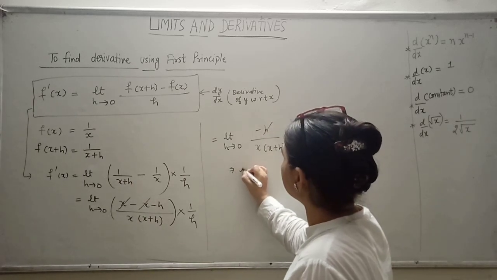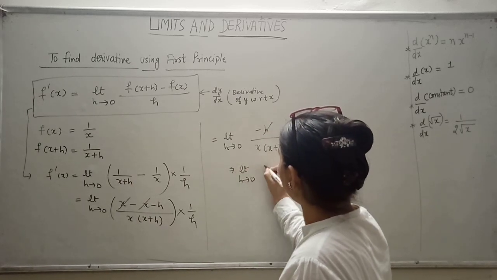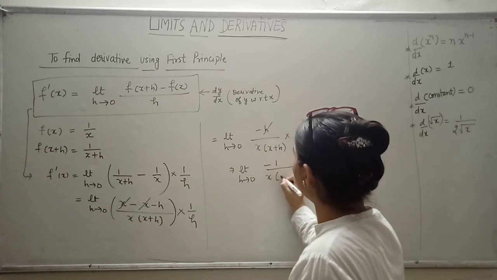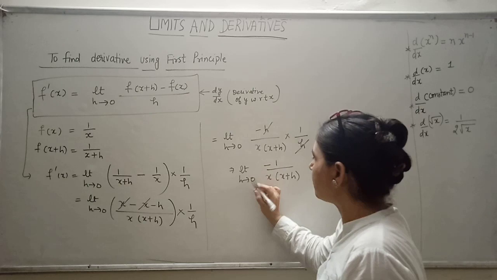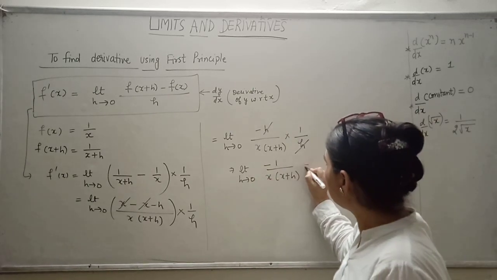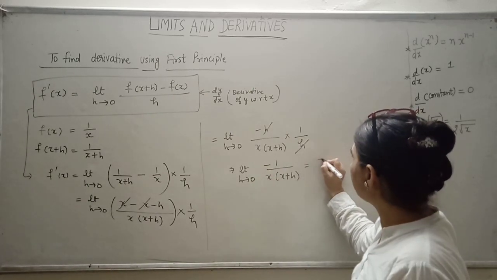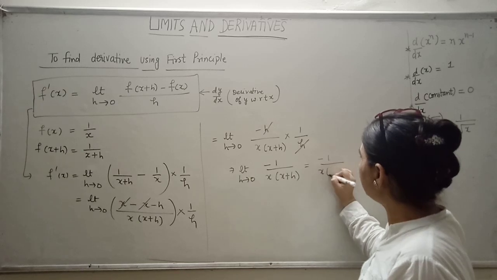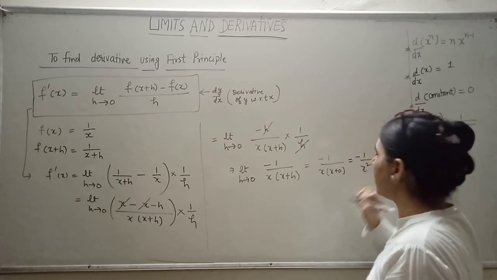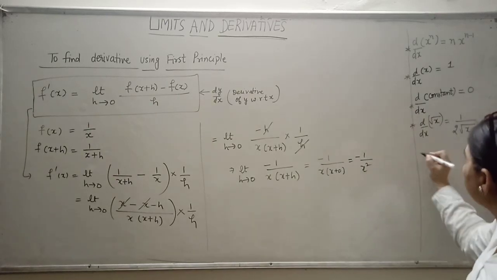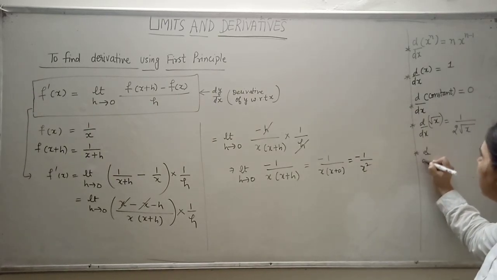so you are left with limit h tends to 0 minus 1 upon x into x plus h. Now you apply the value of the limit, means h is approaching to 0, apply it here, so when h is 0, then it would become x into x plus 0, so it would be minus 1 upon x raised to power 2. So now we can use it directly,